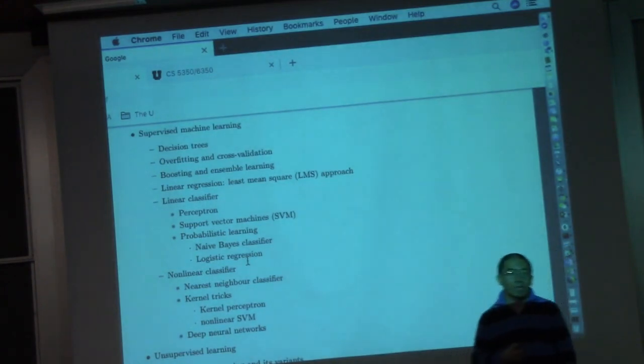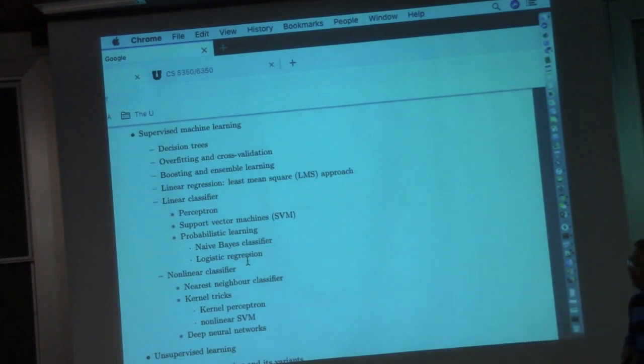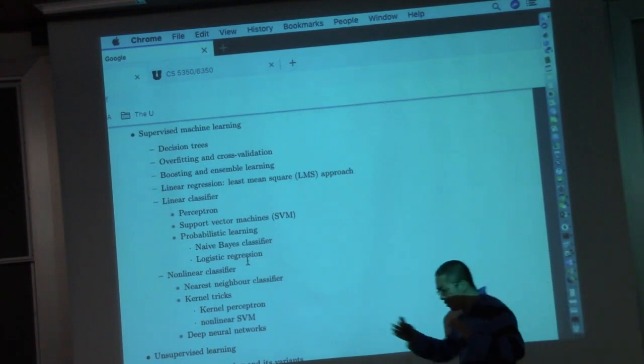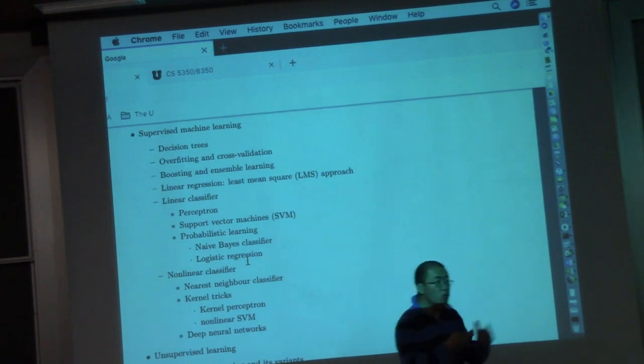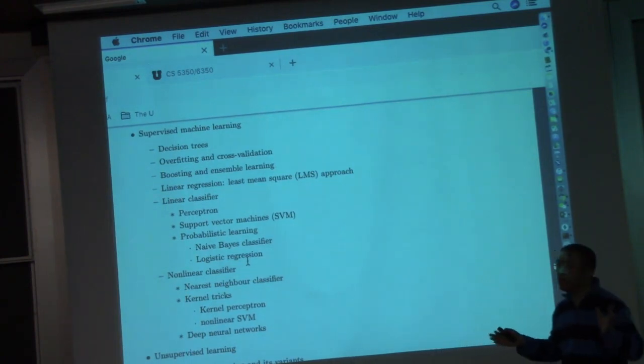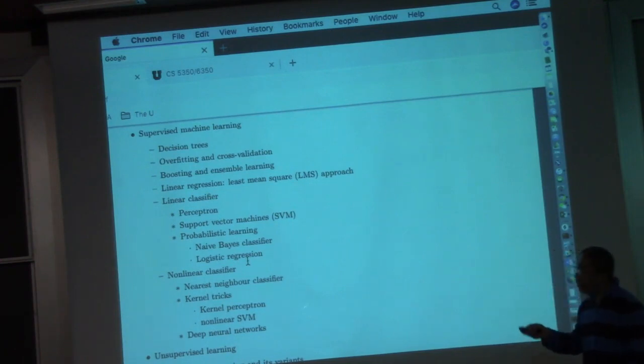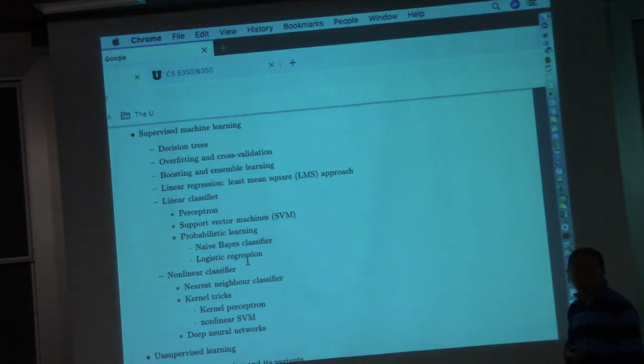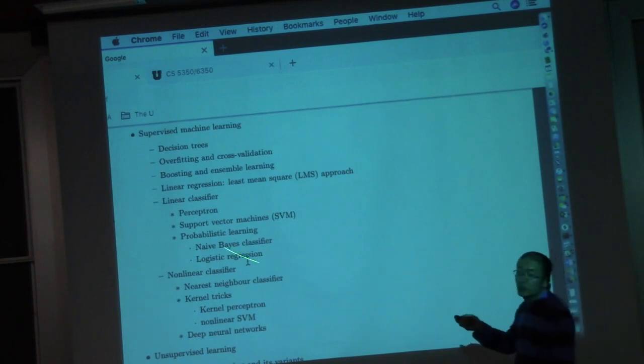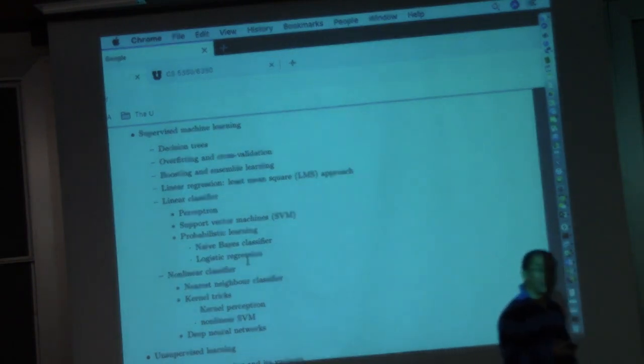And then we'll introduce the probabilistic learning framework. Probabilistic learning is actually a very broad framework, another dimension of machine learning. But here, we only give you the concept, and we introduce some instances of probabilistic learning for linear classifiers. It corresponds to the naive Bayes classifier. After you learn the naive Bayes classifier, you can try to develop a spam filter by yourself. And logistic regression is very widely used in online advertising.